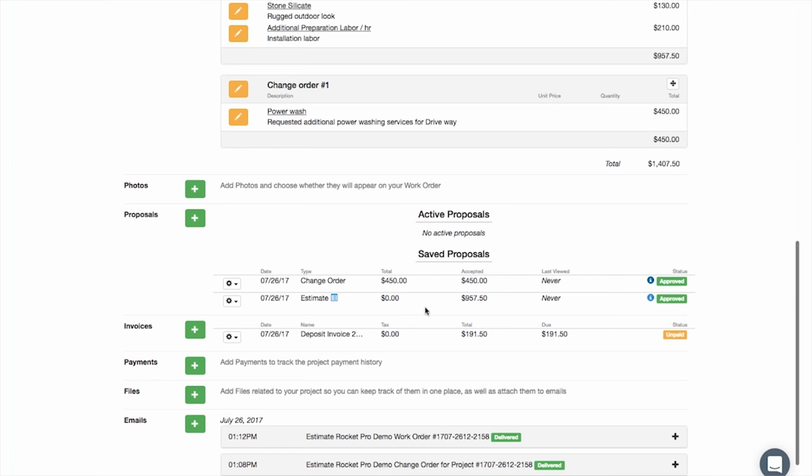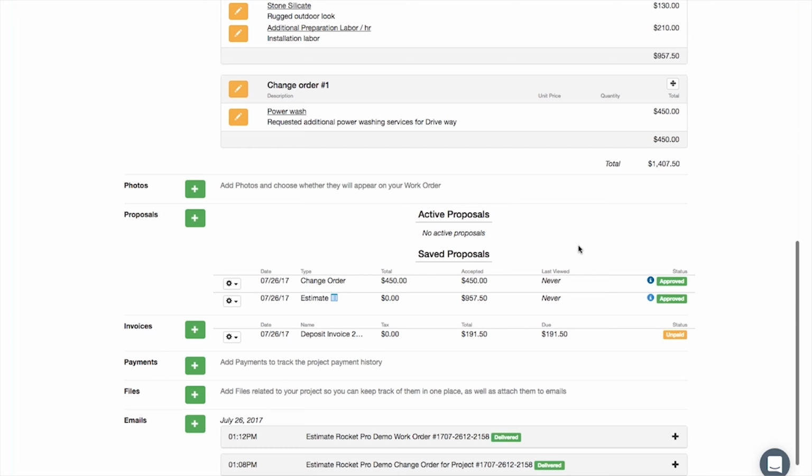Okay, so by accepting that change order, one of the things I want you to notice is that it automatically included change order 1 back into the project total now for you. So that's one of the byproducts of the change orders. It will automatically include it into the project total once the client accepts. So it makes it really easy to process that and to get that included in your project. All right,